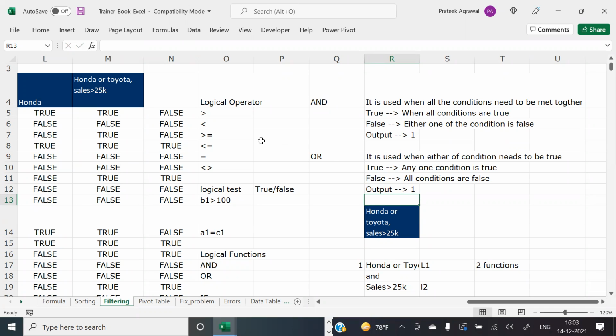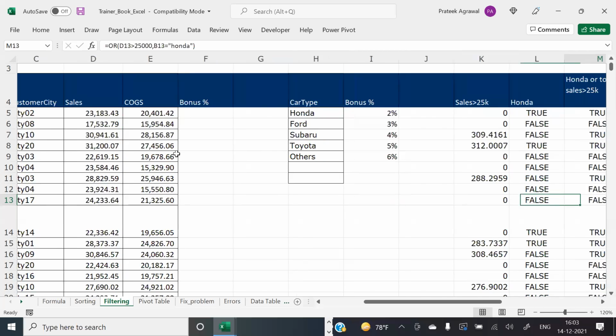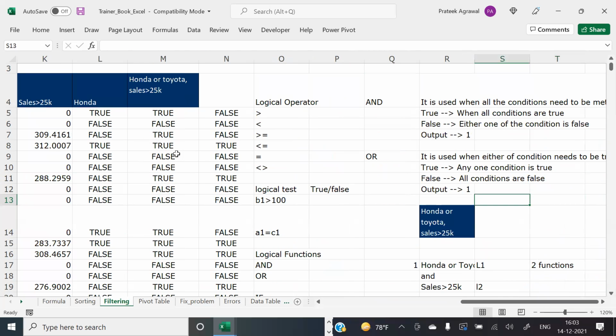But what is happening now? What is happening over here? I have different outputs for different cars. So when you have multiple conditions and you have multiple outputs, that time you should think about nested IFs. Nested IF, or right now we also have the new function called IFS. Clear? So tomorrow we'll start with a few exercises of these IF functions.